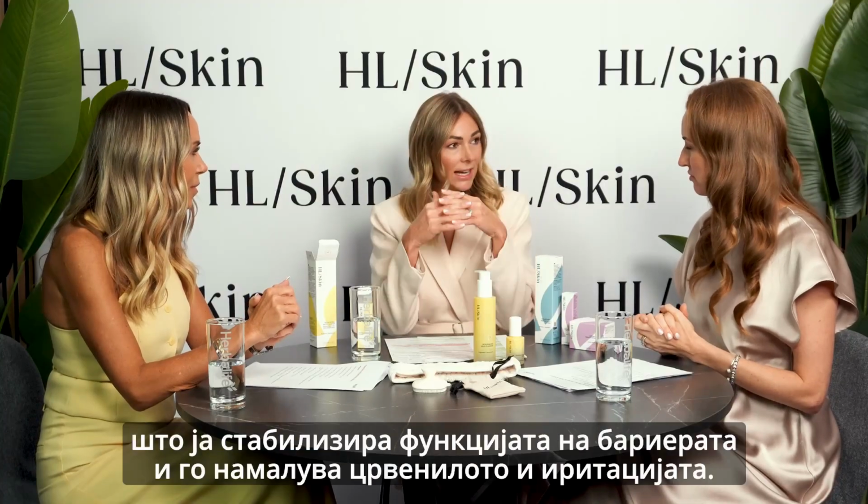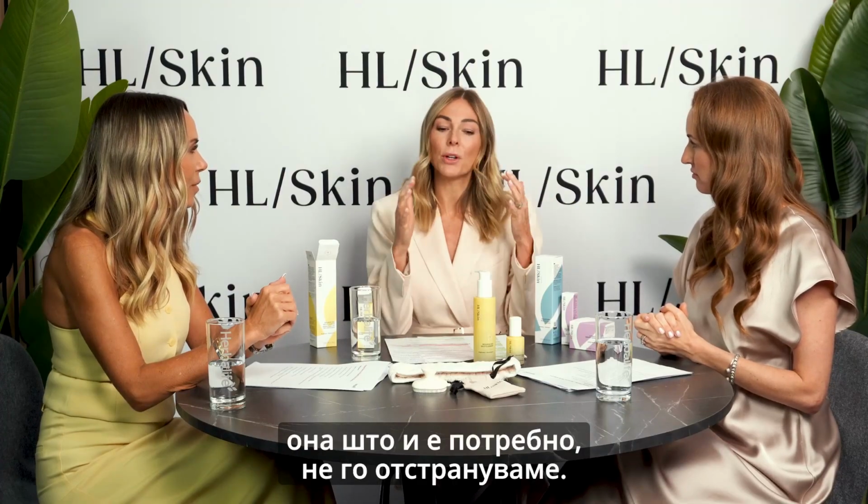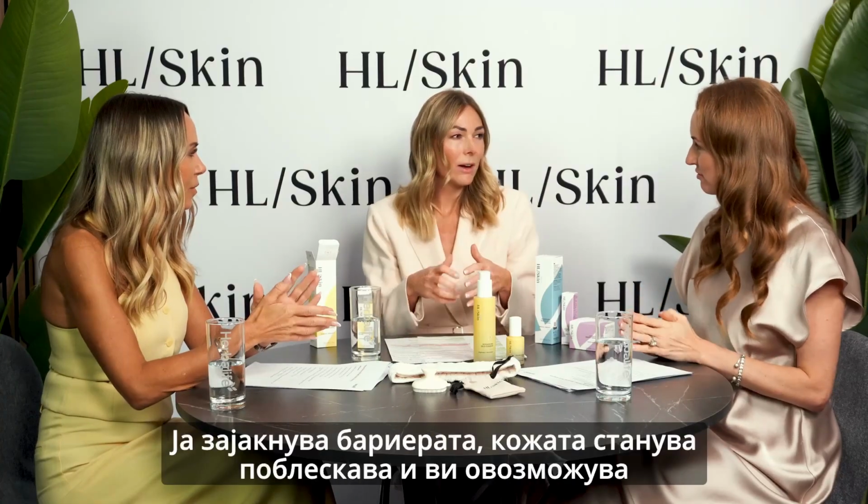And I think having that technology and the access to bring that here into this skincare line, I think that's why at the moment we're starting here, because we have small elements of hidden ingredients that are the heroes in the range. So you have the niacinamide, we have glycerin. Glycerin is a really, really gorgeous ingredient to help stabilise that barrier function, but also reduce redness and irritation. The range isn't about taking away from the skin, it's putting back in. So we're securing the skin, we're actually enhancing the barrier brightness,